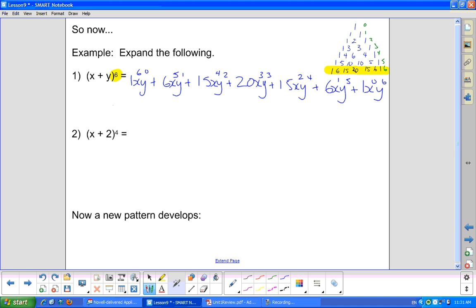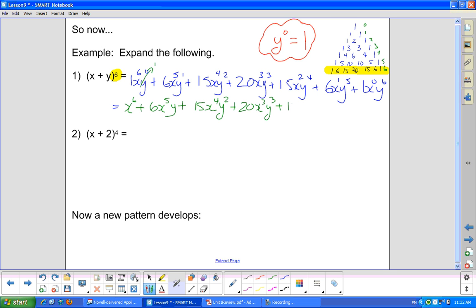And now we just got to clean it up and simplify. So remember, way back to grade 9, anything to the exponent 0 is always 1. So when we clean this up, y to the 0 just becomes a 1. We don't usually write the 1 in front, so this is just x to the 6th plus 6x to the 5th y plus 15x to the 4th y squared plus 20x cubed y cubed plus 15x squared y to the 4th plus 6x y to the 5th, and again